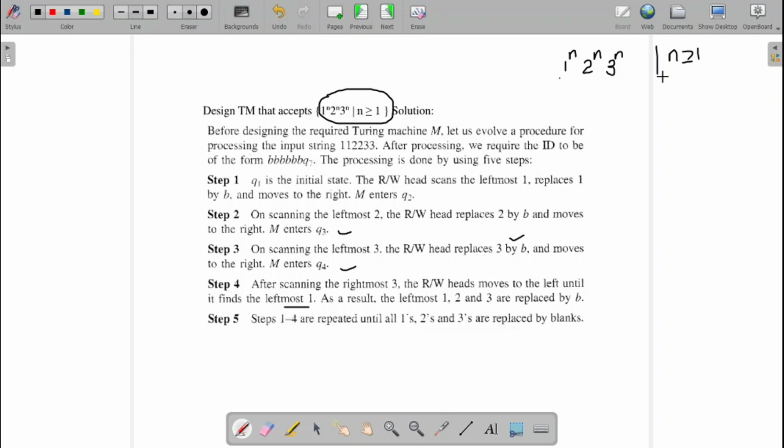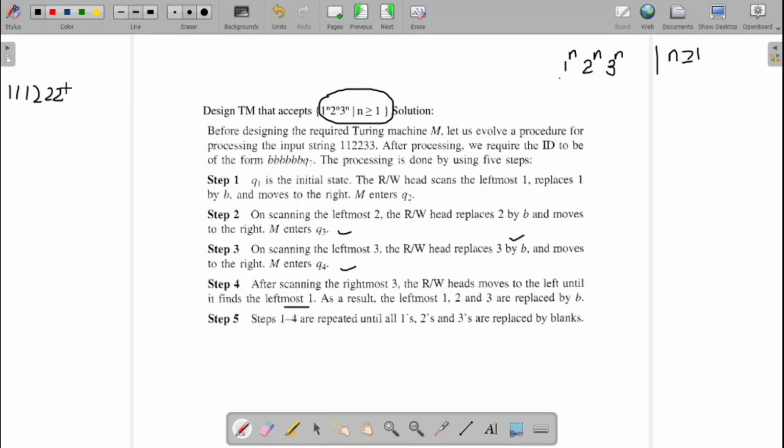Now let us learn to design the Turing machine for this case. First take an example, then we will learn the design of the machine. For designing any Turing machine, if you take an example, it will be much clearer. So let me take the example as 3 ones, 3 twos and 3 threes.